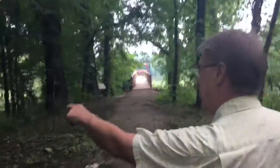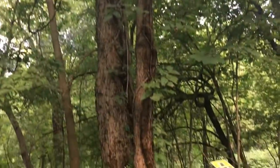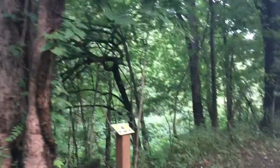And then here's a good one right here, a sycamore tree. I wish we had a lot more of those in here. This is a silver maple, so it's not going to be there real long, but I've been tempted to cut it down because here's